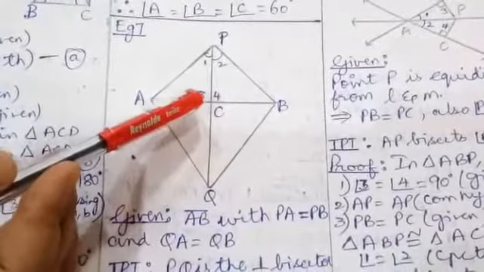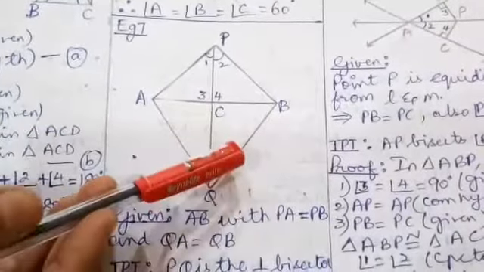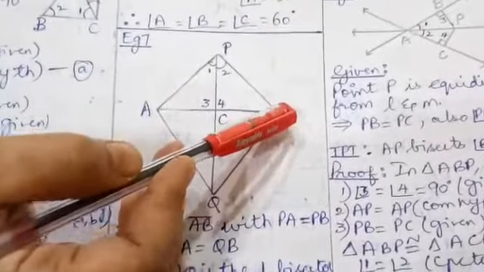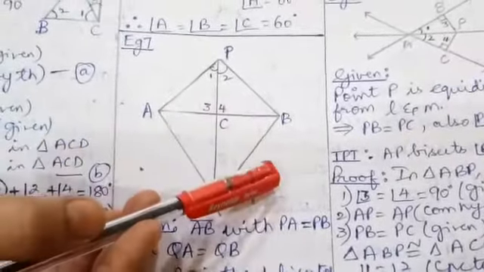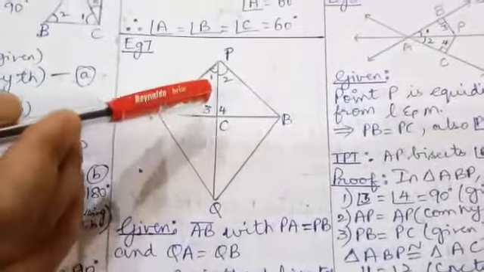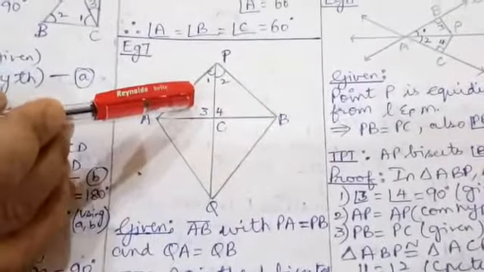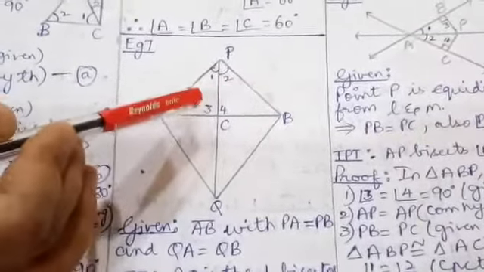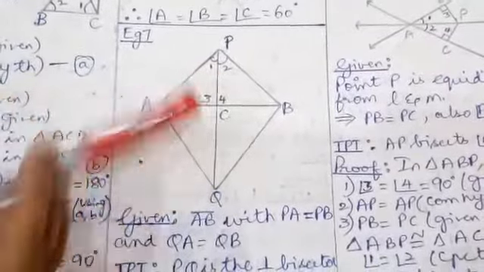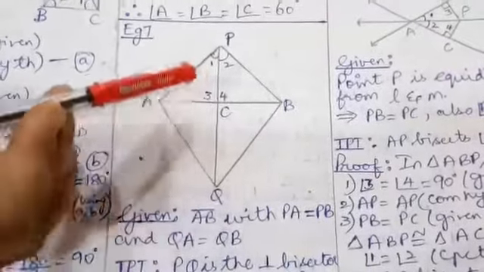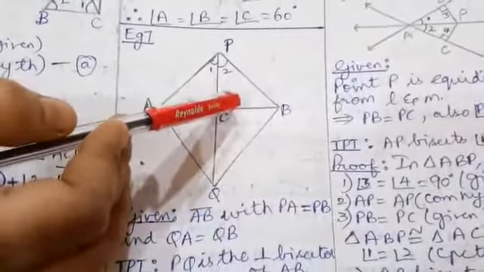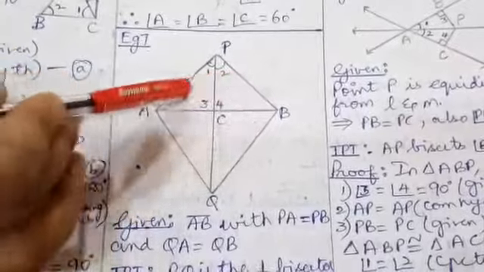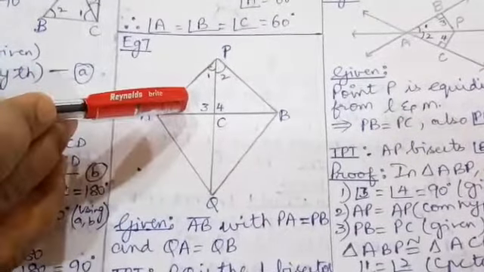Now we know that angle 3 plus angle 4 is 180 because they form a linear pair. They are two angles on the straight line segment AB. So angle 3 plus angle 4 is equal to 180. But since these two triangles are congruent to one another, angle 3 is equal to angle 4. The corresponding parts or the corresponding angles of the congruent triangles are also equal. CPCTC. Angle 3 is equal to angle 4. Angle 3 of this triangle equals angle 4 of this triangle, because we have proved that these two triangles are congruent to each other.